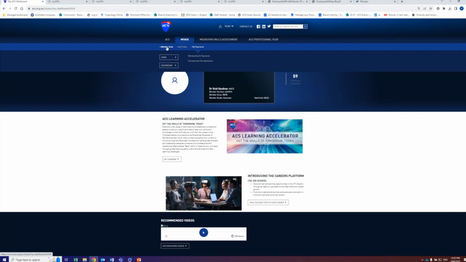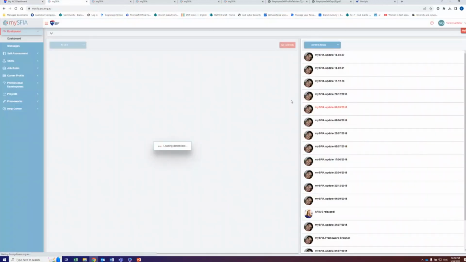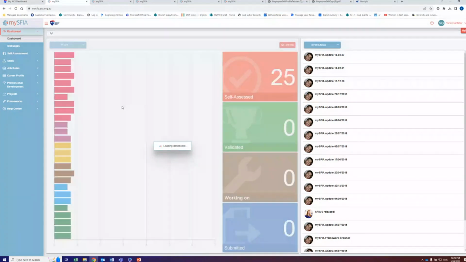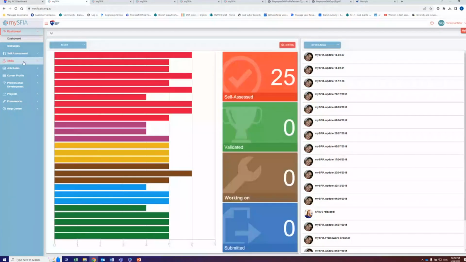The key area that we want to go to today, though, is in the member area section here. So going through the same list of what I did to start with, we'll go to the mySFIA self-assessment, but you can also access the Learning Accelerator from here. You can get the reports and publications from here, and you can also get a summary of your CPD hours. So going to the mySFIA self-assessment, if you click here, what will happen is it will take you to the mySFIA platform, which will look like this when you first log in.